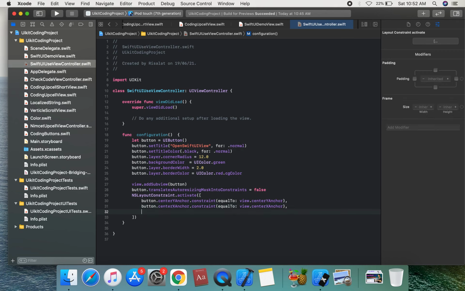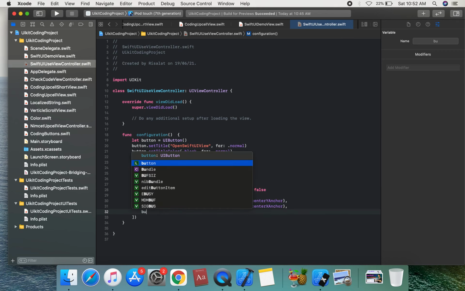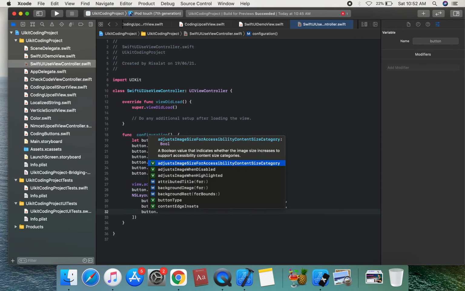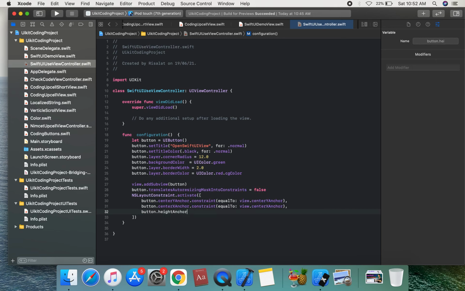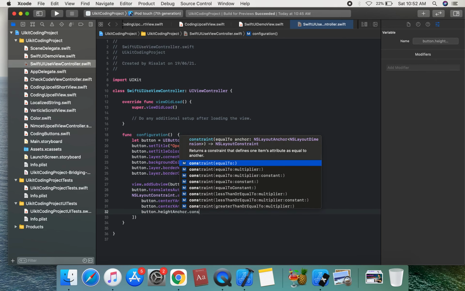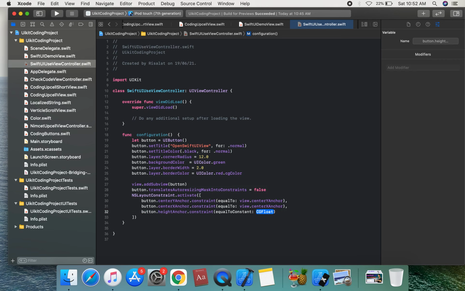Then we apply the button height and width. First is the width anchor, button.widthAnchor.constraint equal to constant, and we apply a width of, suppose, 250, and set this width.